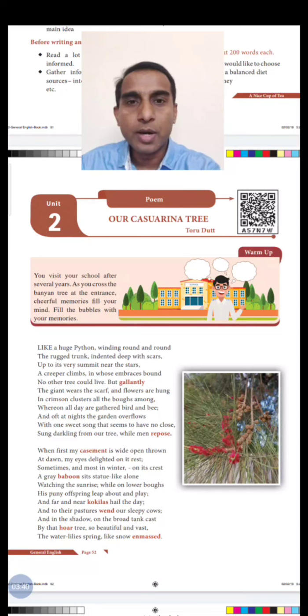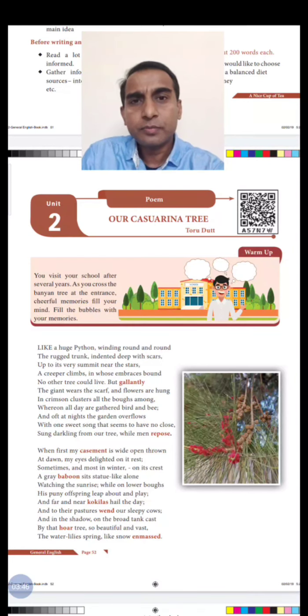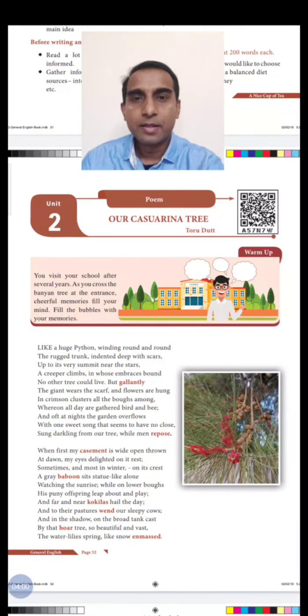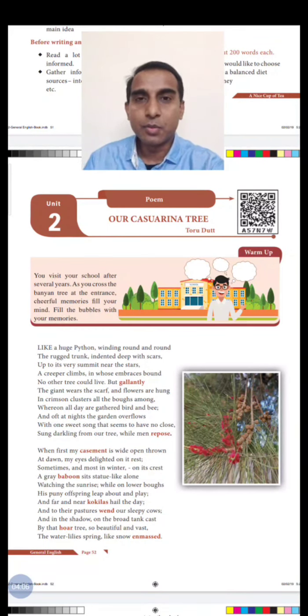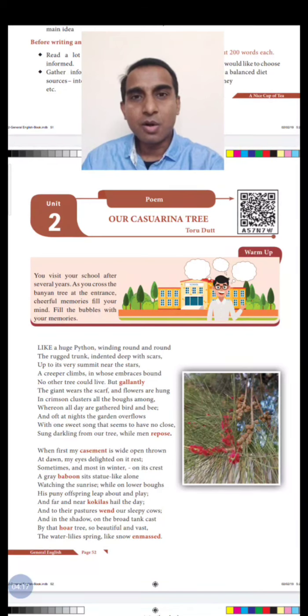So, Our Casuarina Tree. Now, I said, what is a Casuarina tree? Most of you, once you grow up and look back on your childhood days or early teen days, will always get that nostalgic thought. There are certain things which remind you of the people around. For example, a tree which was near your house, where many of your friends in your locality would have played. Every time you see that tree, or come back after many years and look at it, the thought which comes to you is the kind of happiness that tree gave you.